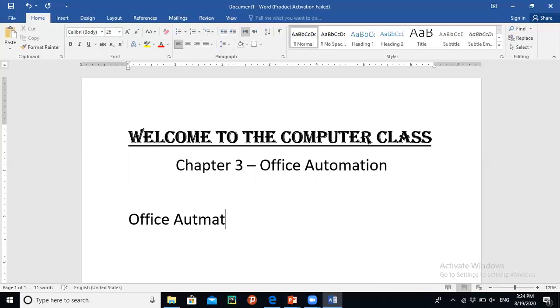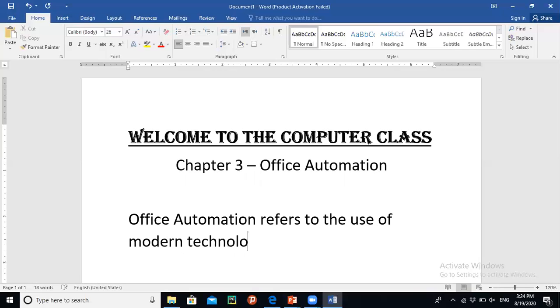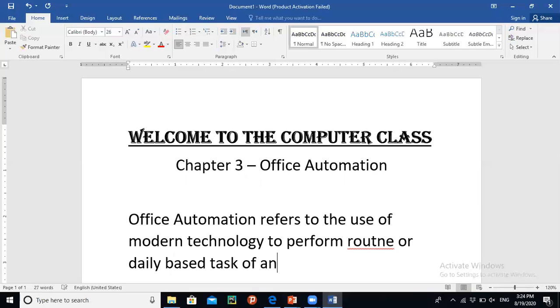Office automation refers to the use of modern technology to perform routine or daily based task of an